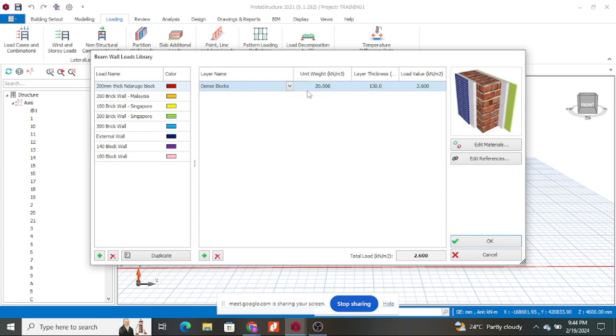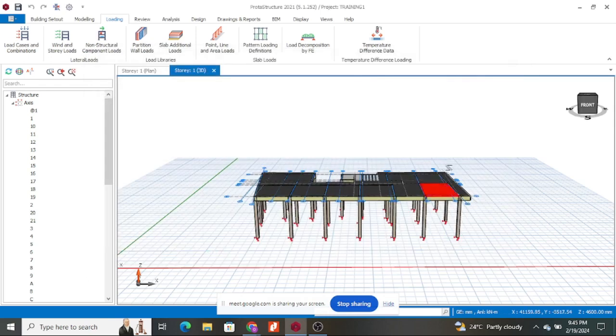And then the unit weight of dense blocks is 20. Look at what happens when I pick medium blocks, it changes to 15. So whatever I pick has an impact on the unit weight of that wall. So they are dense blocks, the unit weight is 20 kilonewtons per meter cubed. The layer thickness of our walls normally is designed as 200 mm thick walls. These will have a load value of 4 kilonewtons per meter squared. So having done that, I can say okay, and I will have saved the loading that I want to appear